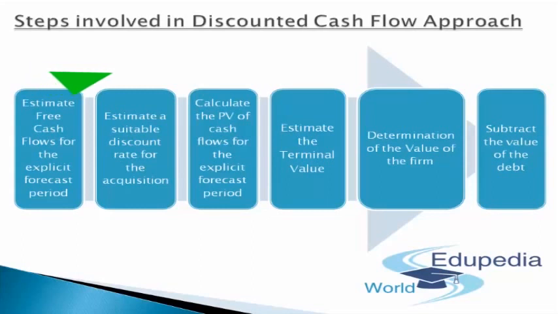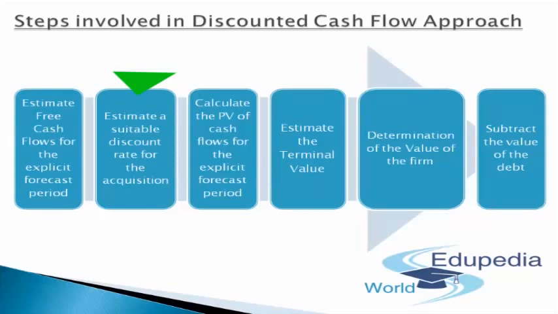Okay. Next comes estimating a suitable discount rate for the acquisition. Whenever you go for any acquisition, you take care of a suitable discount rate. Perfect, guys. That is the second most important step, which involves the computation of the cost of capital to the firm. The cost of capital is basically the rate used for discounting the free cash flows to the present values. The cost of capital is to be computed as the weighted average cost of all the sources of capital, based on the market value of each of the components of the capital. So this is how it is taken care of.